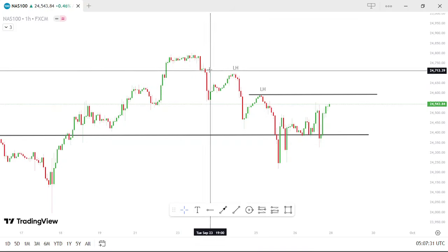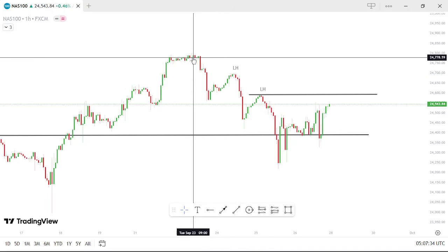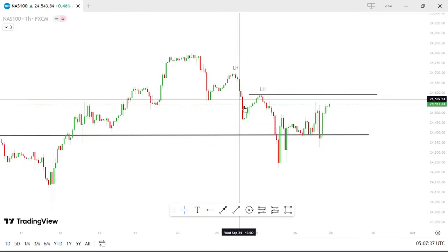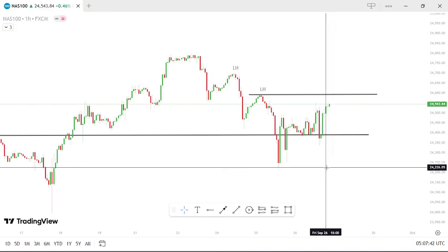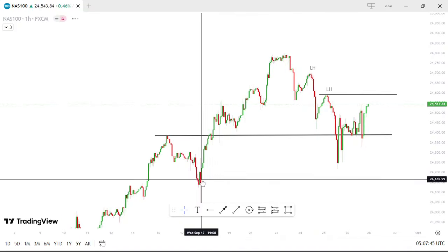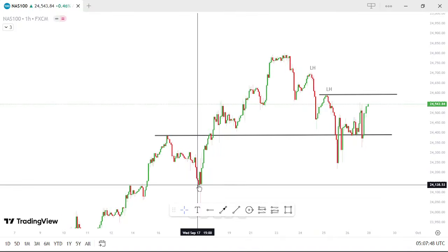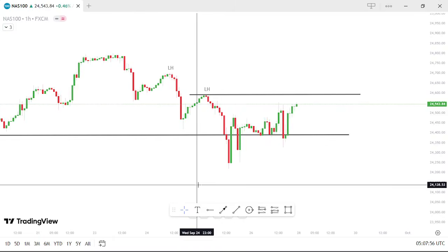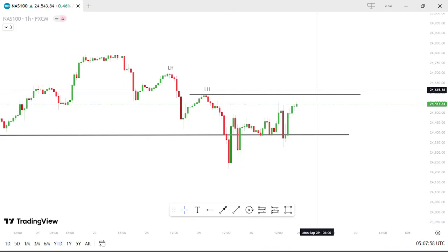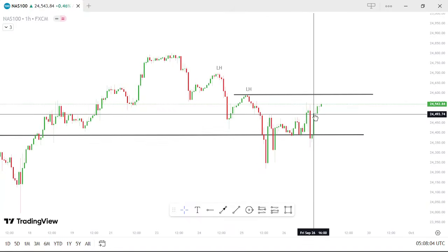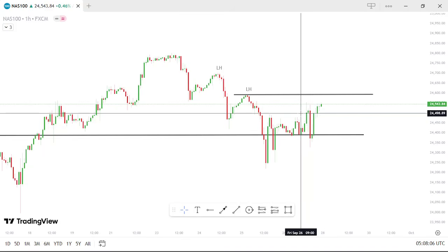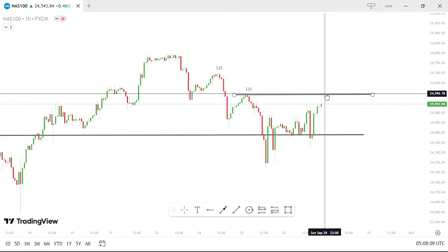The downtrend right here is just short term. It's a 1 hour downtrend. Can this short term downtrend turn into a long term downtrend? Of course it can, but before that happens, we need this level here to be taken out to confirm that this short term downtrend can potentially become a long term downtrend. So with that being said, I mark out this zone, and now all I'm going to do is wait for price to come back above this zone